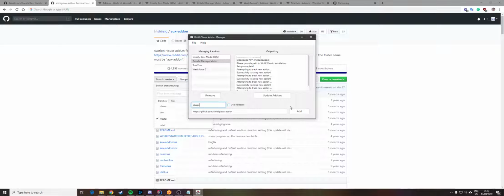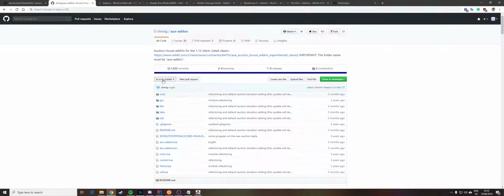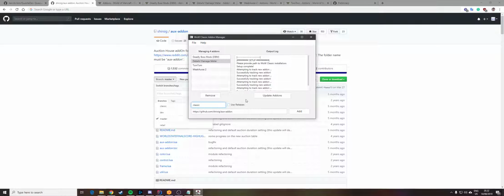Now for the next release of the add-on manager, I'll make it so you don't actually have to manually type in the name of the branch. I'll have it so that you just type in the add-on, click add, and you'll get a pop-up where you can select between the different ones, like you can see here on GitHub. That way you don't have to be worried about making a typo. It's a lot easier, and then usually they'll label them properly like Classic, and you'll get a pop-up and you can just click Classic. But for now, you have to do it like this, and you have to make sure you type it in